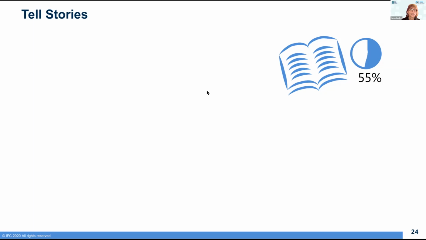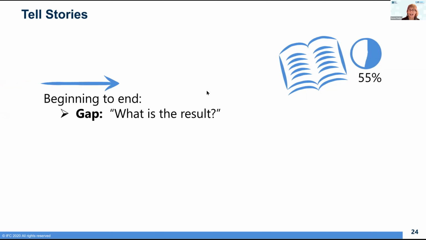The first option is you can start at the beginning and go to the end. And when you do this, you create a curiosity gap. A curiosity gap is this gap in our knowledge that makes us curious enough to want to hang around and listen so that we can close that gap. So